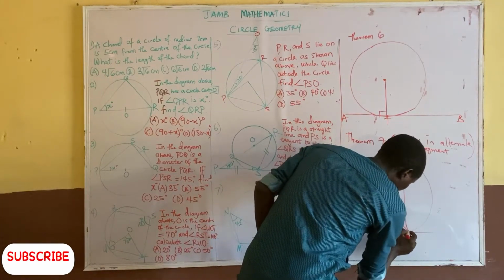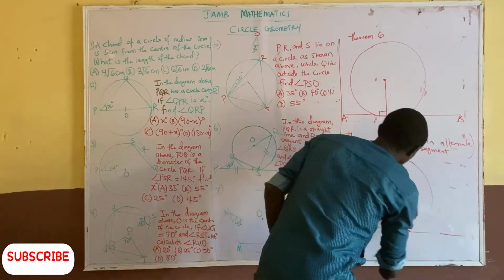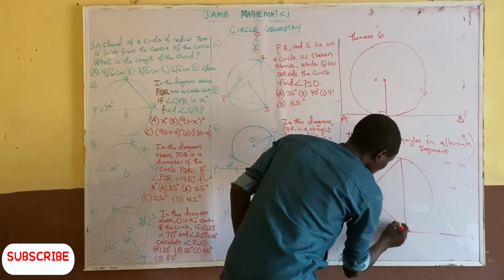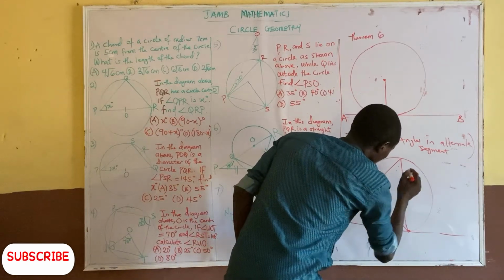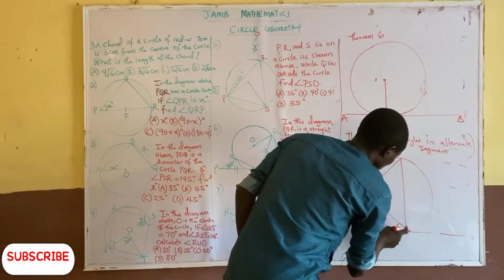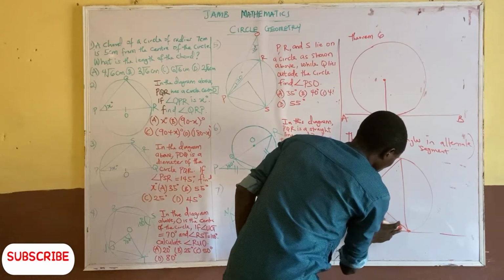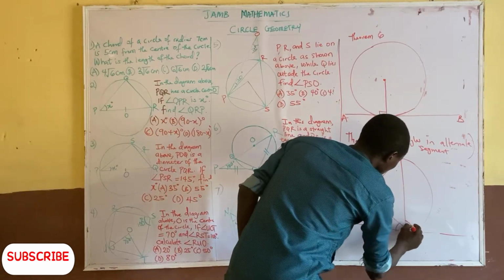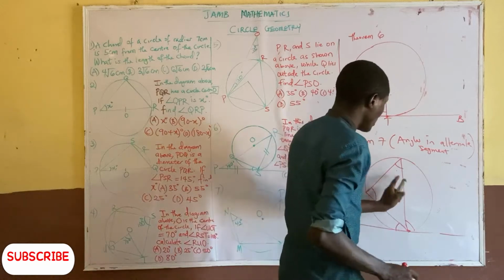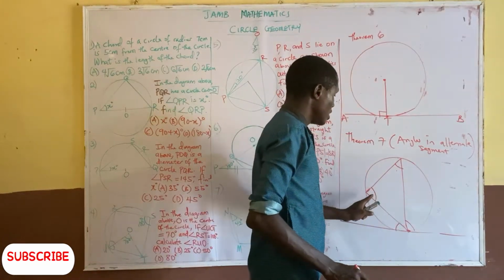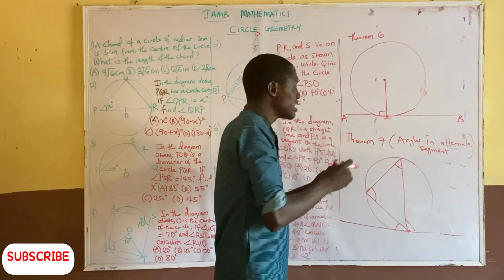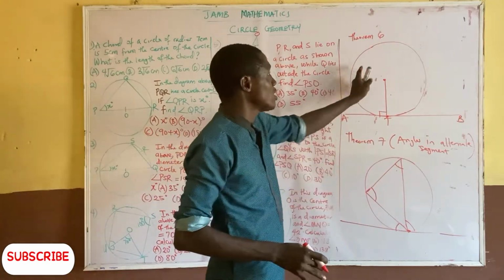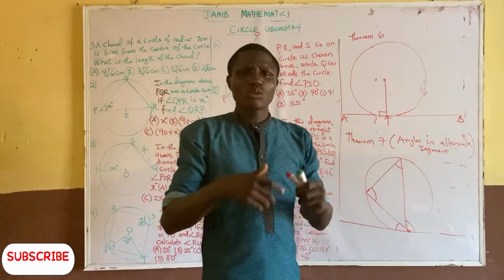this is a tangent here. So the angle here is alternate to this, and is equal to this, and the angle here is alternate to here. We call it angle in alternate segment. They are equal, and this is a theorem that is specific to tangents. So let's quickly go to the